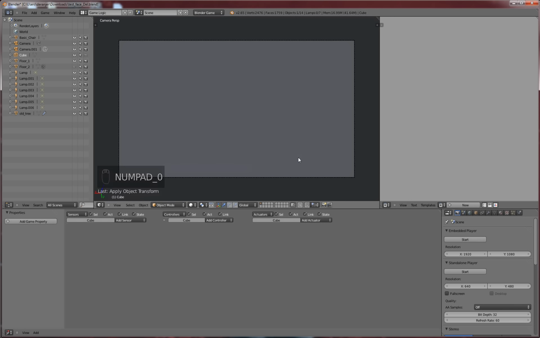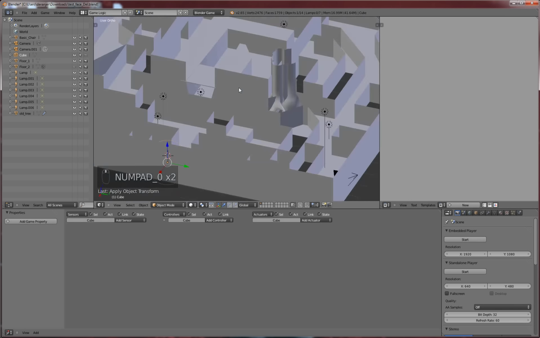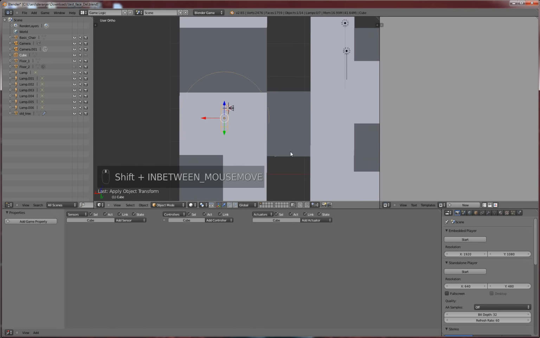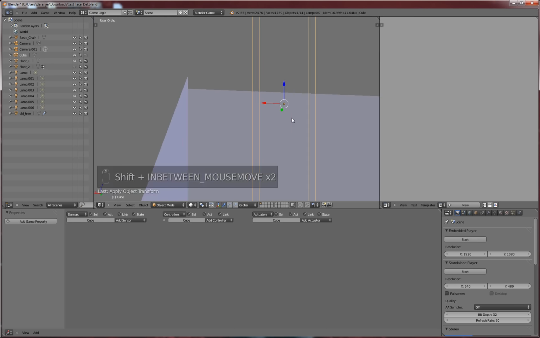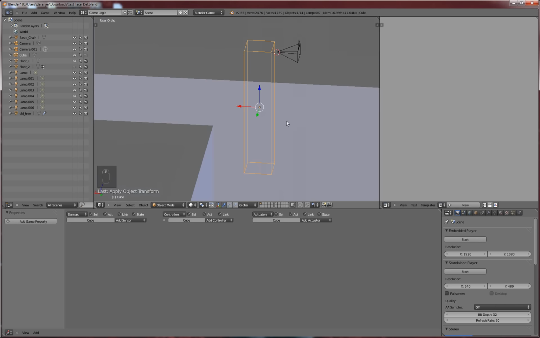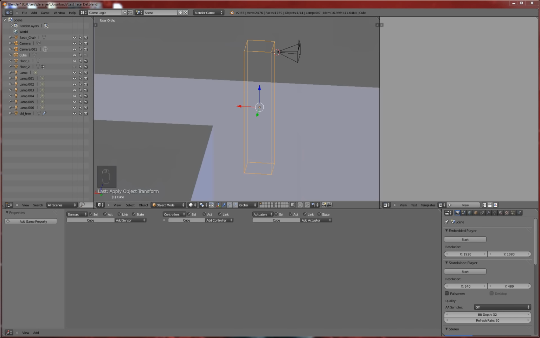And this is your game logic setup. There's sensors, controllers, and actuators. Essentially the sensors usually sense something like a ray, a touch, near,